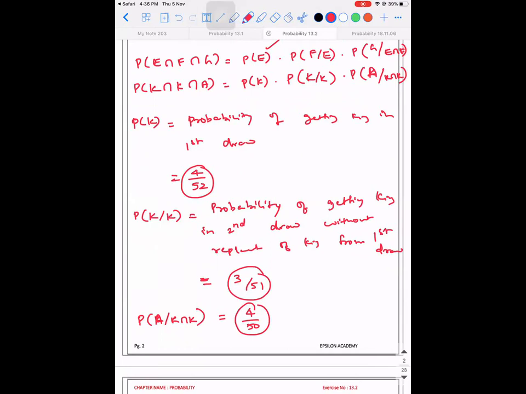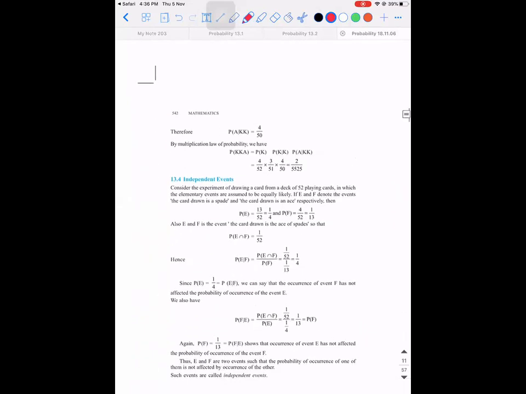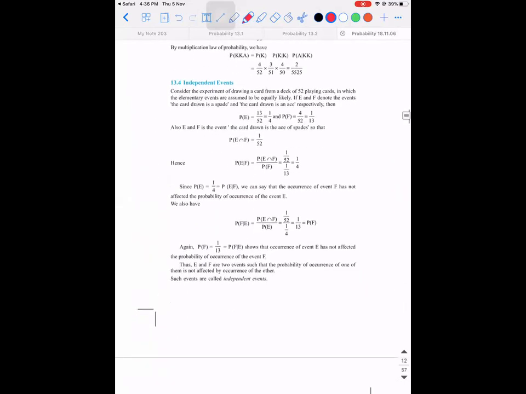So I have to explain another concept, which is called independent events. We have seen what mutually exclusive events are, right? Similarly, we have something called independent events. Let's see what the mathematical condition for it is. Okay, so that's the topic, write it down. Let's read out the example.